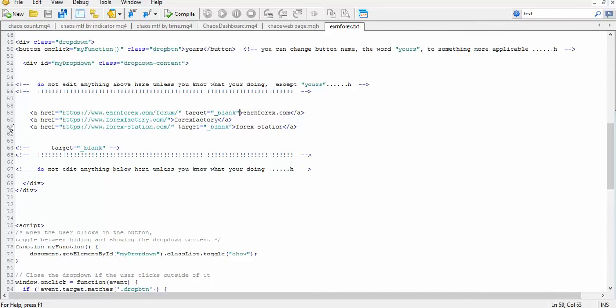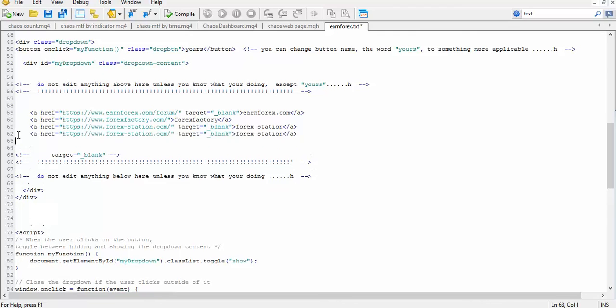So all you want to do now, if you want to add another link, because I only had 3 there, is Control C for copy, Control V for paste. And of course you would take out this address, or you can copy and paste over the top of it. Take out this. Let's put MQL5. Let's go get that address